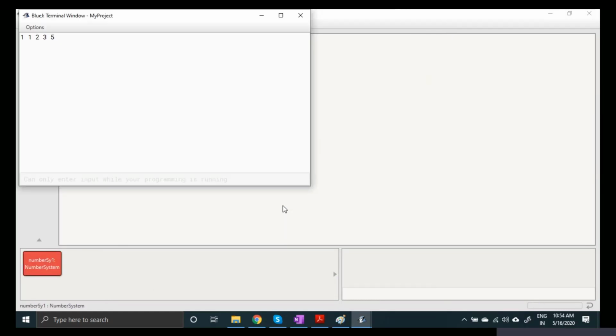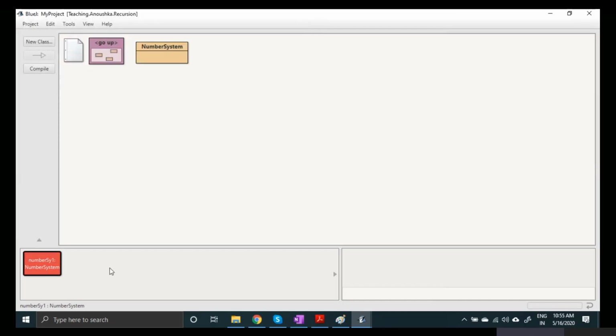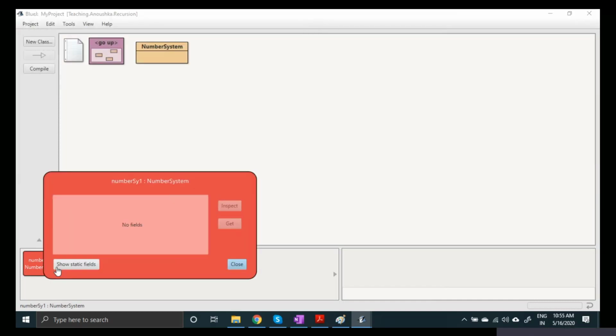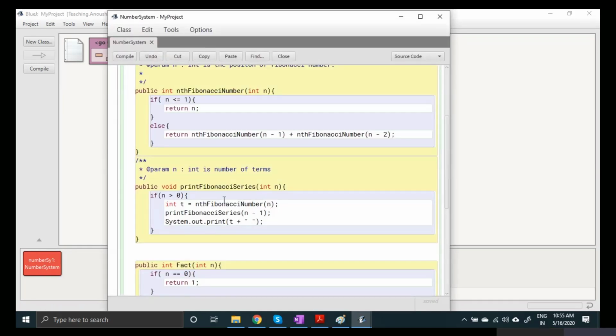So it has printed 1, 1, 2, 3, 5. It will print one less because it has started printing from 1, because I have given this condition 0.